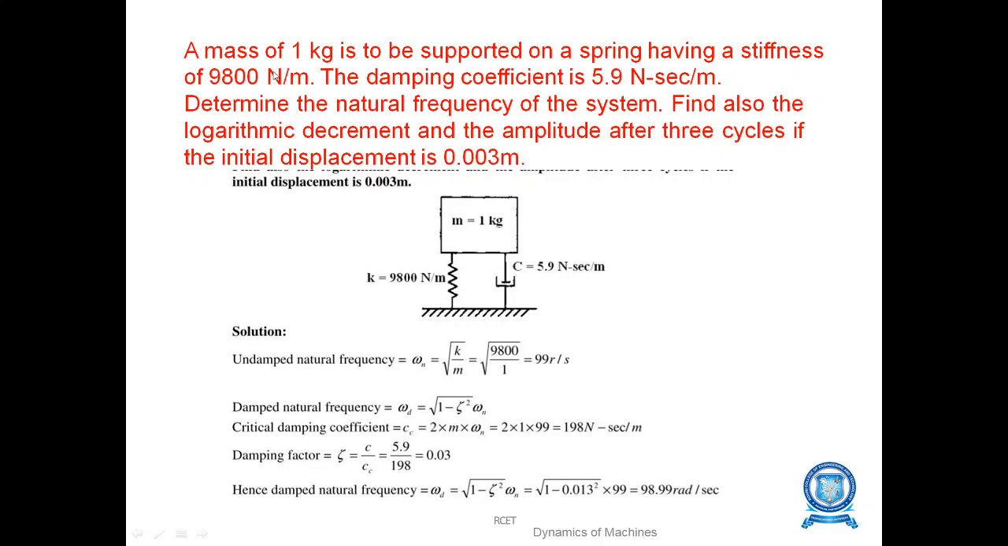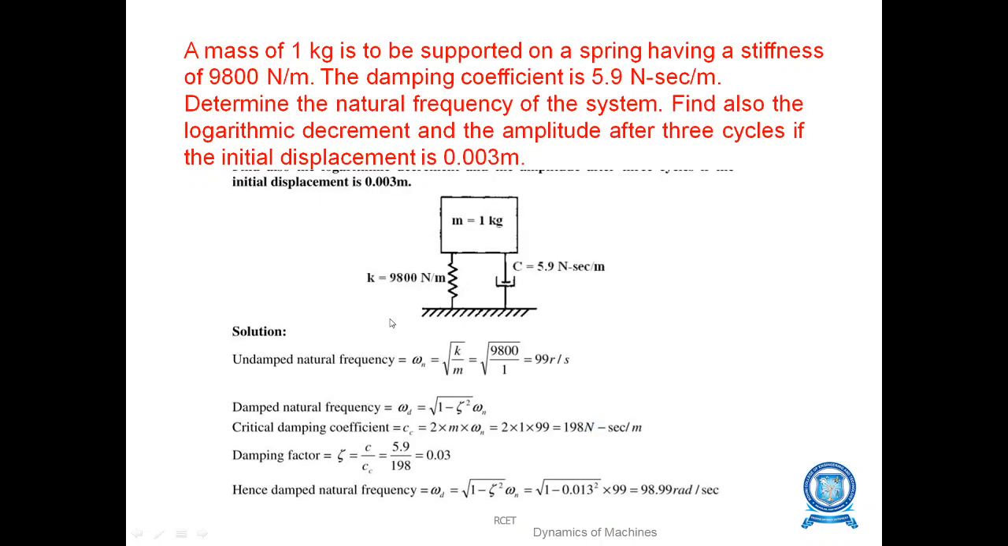So we can see a problem. A mass of 1 kg is supported on a spring having a stiffness of 9800 Newton per meter. The damping coefficient is 5.9 Newton second per meter. Find the natural frequency of the system. Also find the logarithmic decrement and amplitude h after 3 cycles, if the initial displacement is 0.003 meter. First we should draw a diagram with the given values,